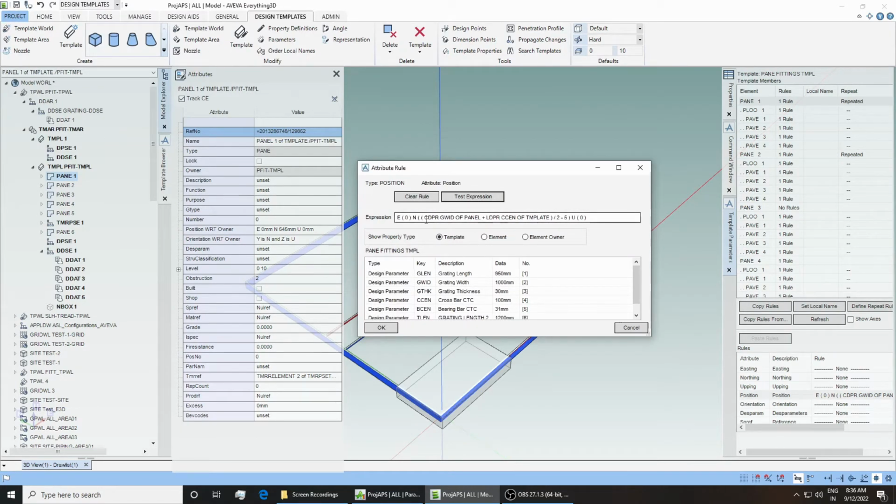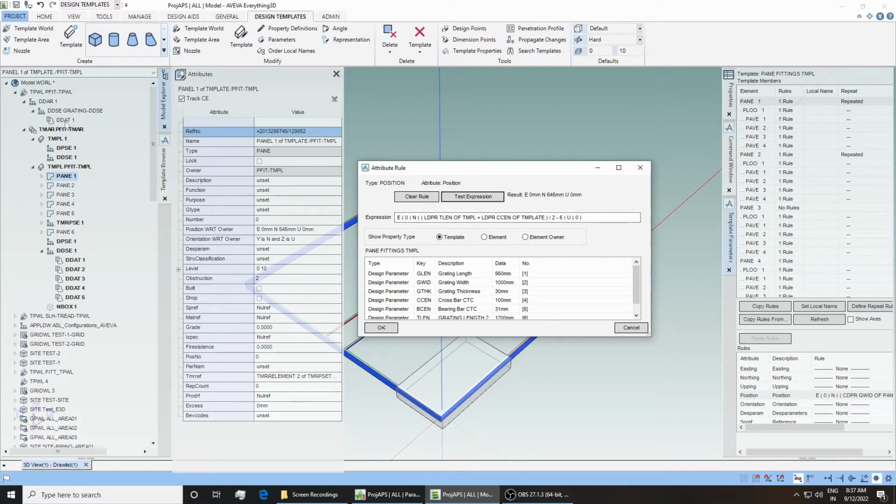Now if you click on this position and go here to access this data point, you can do multiple things. First of all, you can write LDPR, that is the local data set. We have to give the D key of that data point, but this will be the local data set, not of panel, because of panel you will get this error. So this will be the local data set of template, because this is in the locality of the template. So you have to write TMPL here. As you can see, this is the local data set of template and it is currently accessing the value